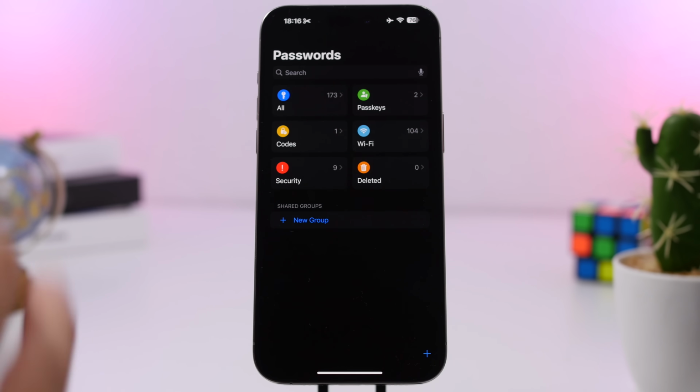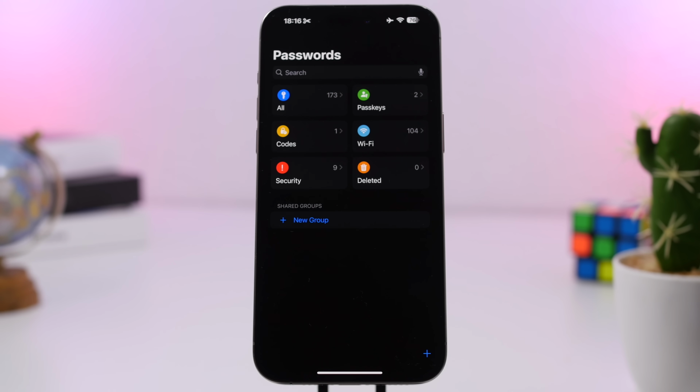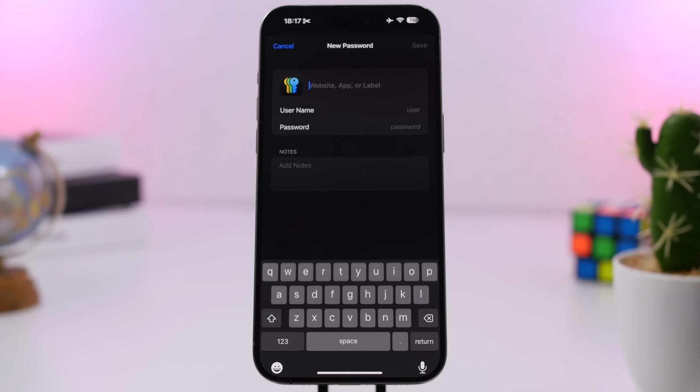And you will have here a search bar where you can search for passwords, and you will have different categories. First of all, you will have all your saved passwords right here, and you will have your codes, your security, the deleted ones, your Wi-Fi. So you can find all your Wi-Fi connections right there and their passwords, and then they have the passkeys as well. You can also add a new group right here,